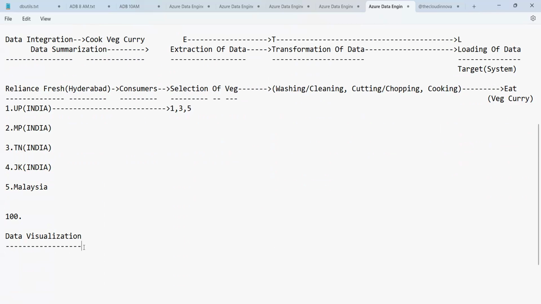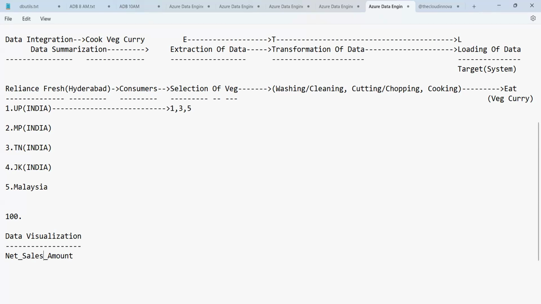Now, guys, the management of Reliance Fresh wanted to know day-wise sales for 2 days, as they wanted to launch a discount offer. Before launching the discount offer, they wanted to know the net sales amount for the 2 days. They want the net sales amount, okay, before launching an offer.